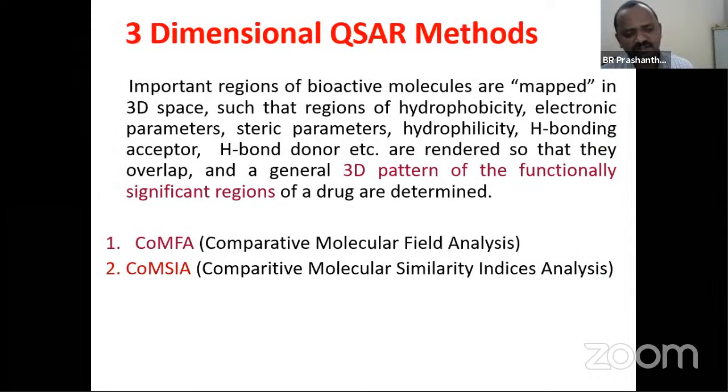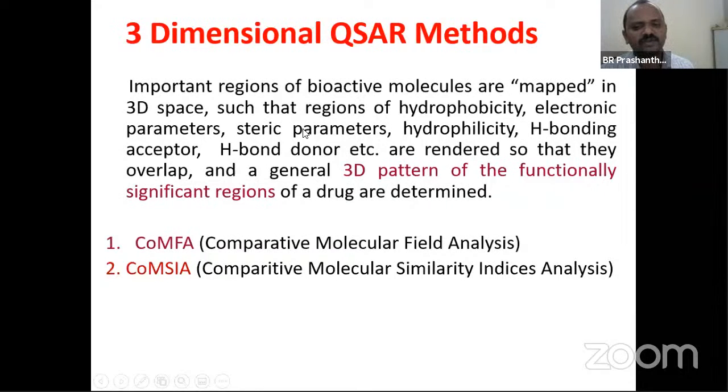But today my topic is focused on the three-dimensional QSAR methods. Since we have computers now, very advanced computers are coming up with increased RAM and smart data, we can handle a large amount of data with the systems we have today. So definitely we can do three-dimensional QSAR. In this context, what happens is that